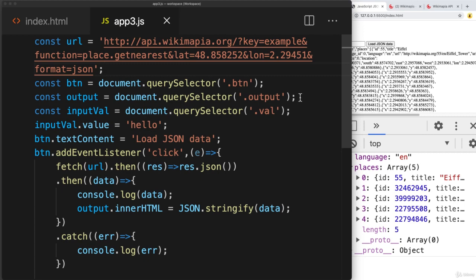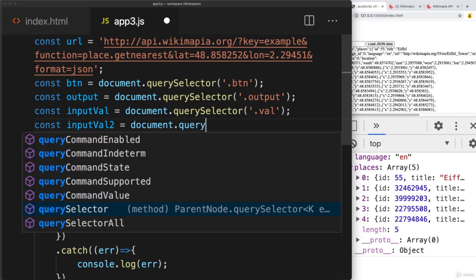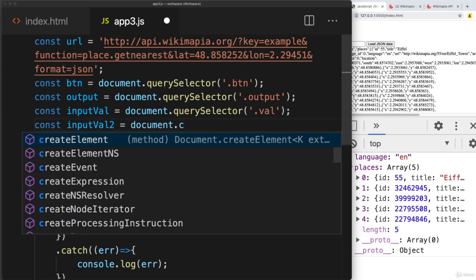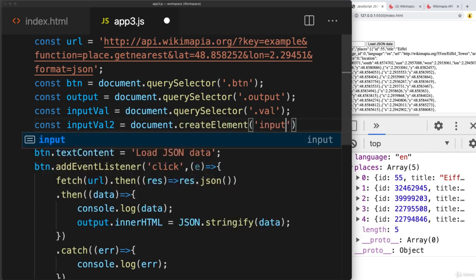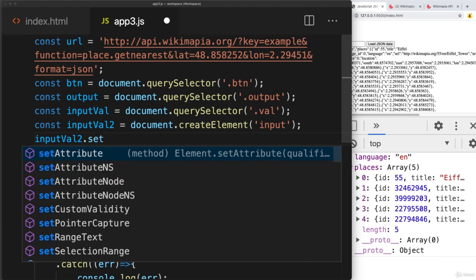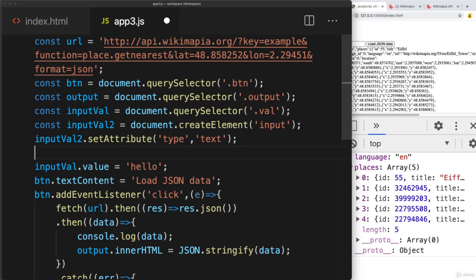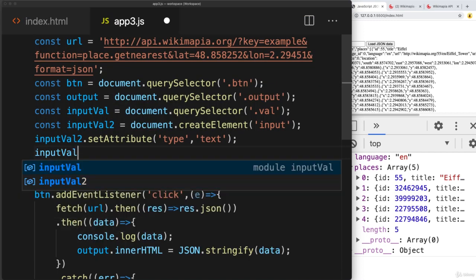So creating another input, and we'll do this with JavaScript, so val2, and using the document, and that's going to be createElement, so creating a separate input. And this input val2 is going to be, let's set an attribute, and the type is going to be text, and then the input val2